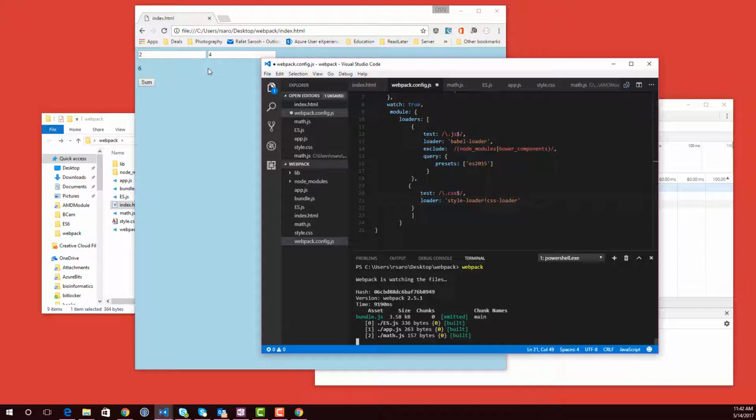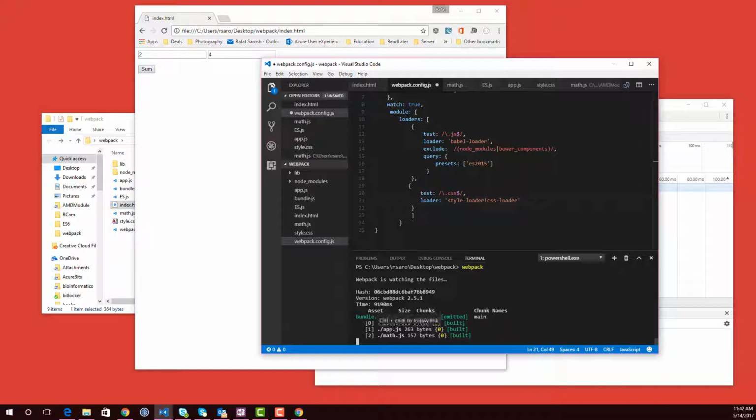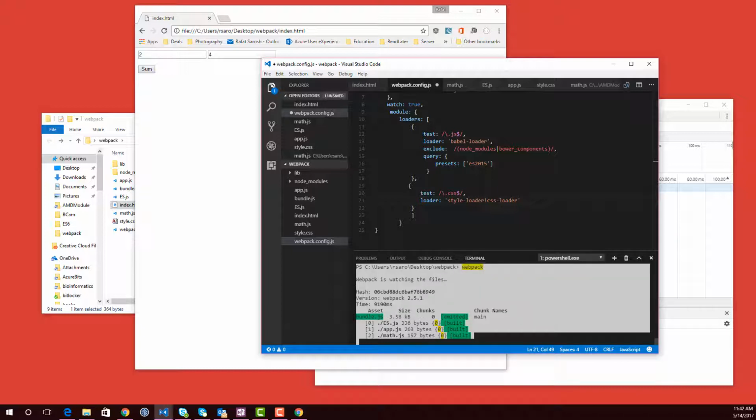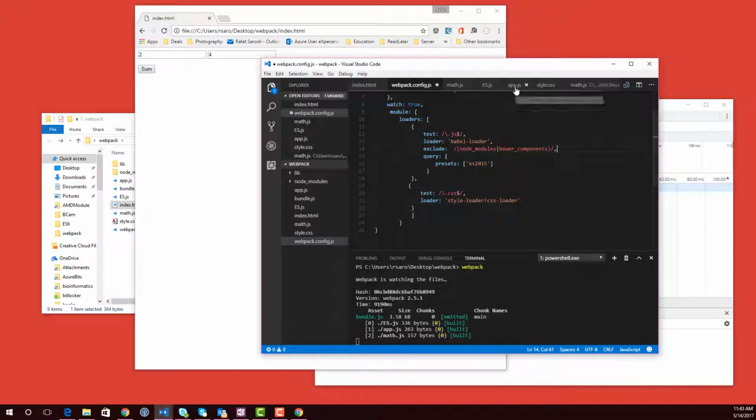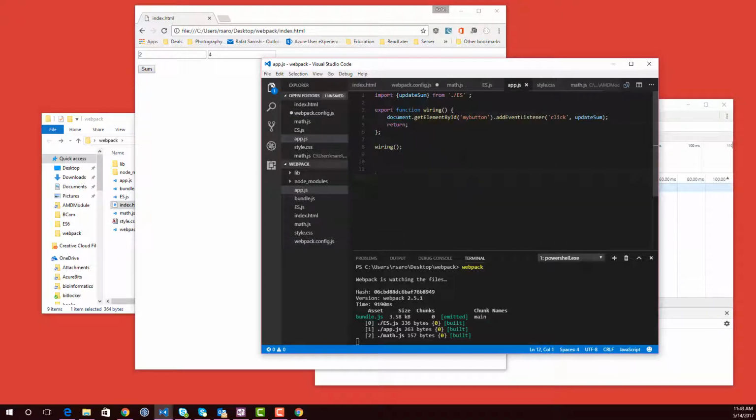Okay, now if I go refresh, my style sheet is not there, and here also I don't see a style sheet getting pulled into the build. So what's happening is Webpack does not know that it has a dependency on CSS. Yes, we have a loader, but it's not in the dependency tree of this main file. So let's tell Webpack that we require one file called style.css,